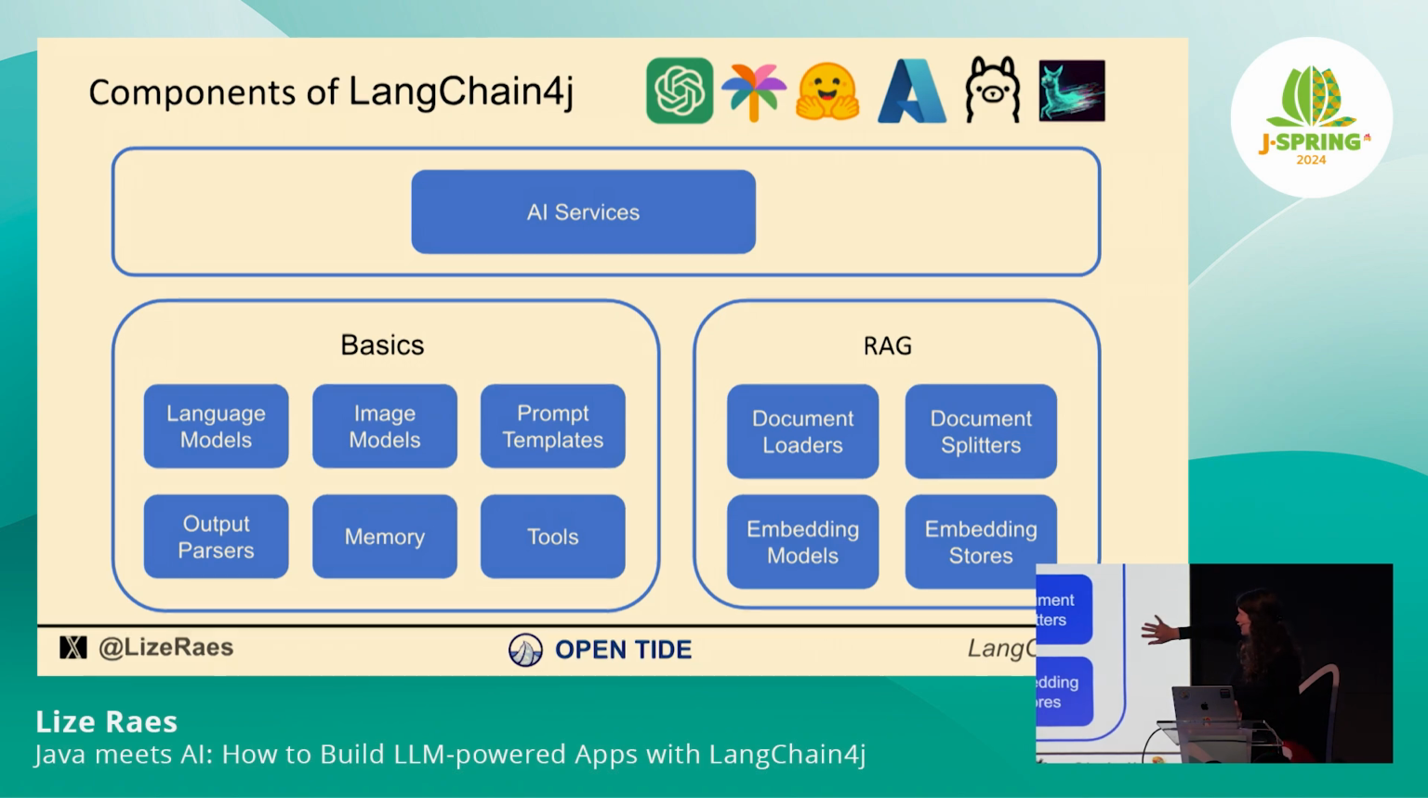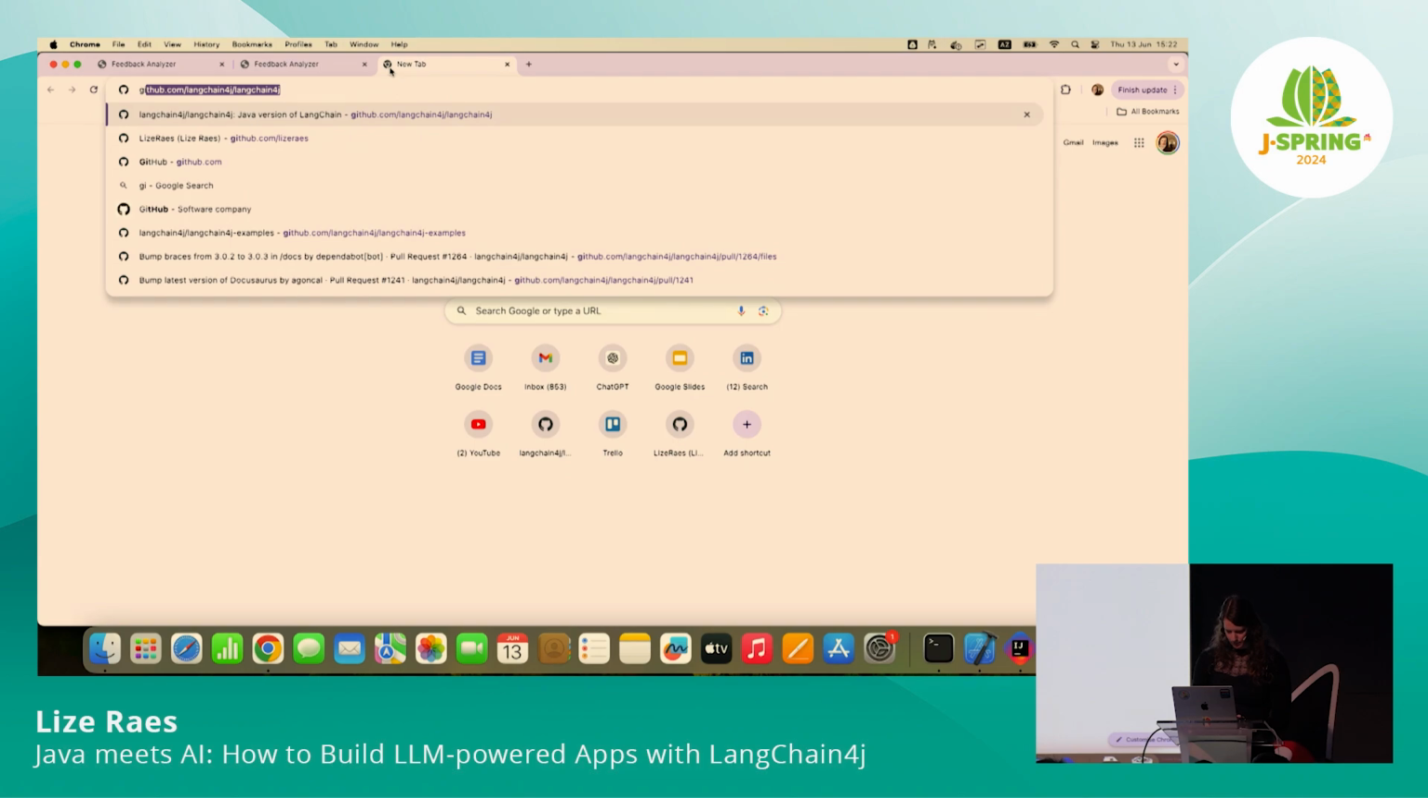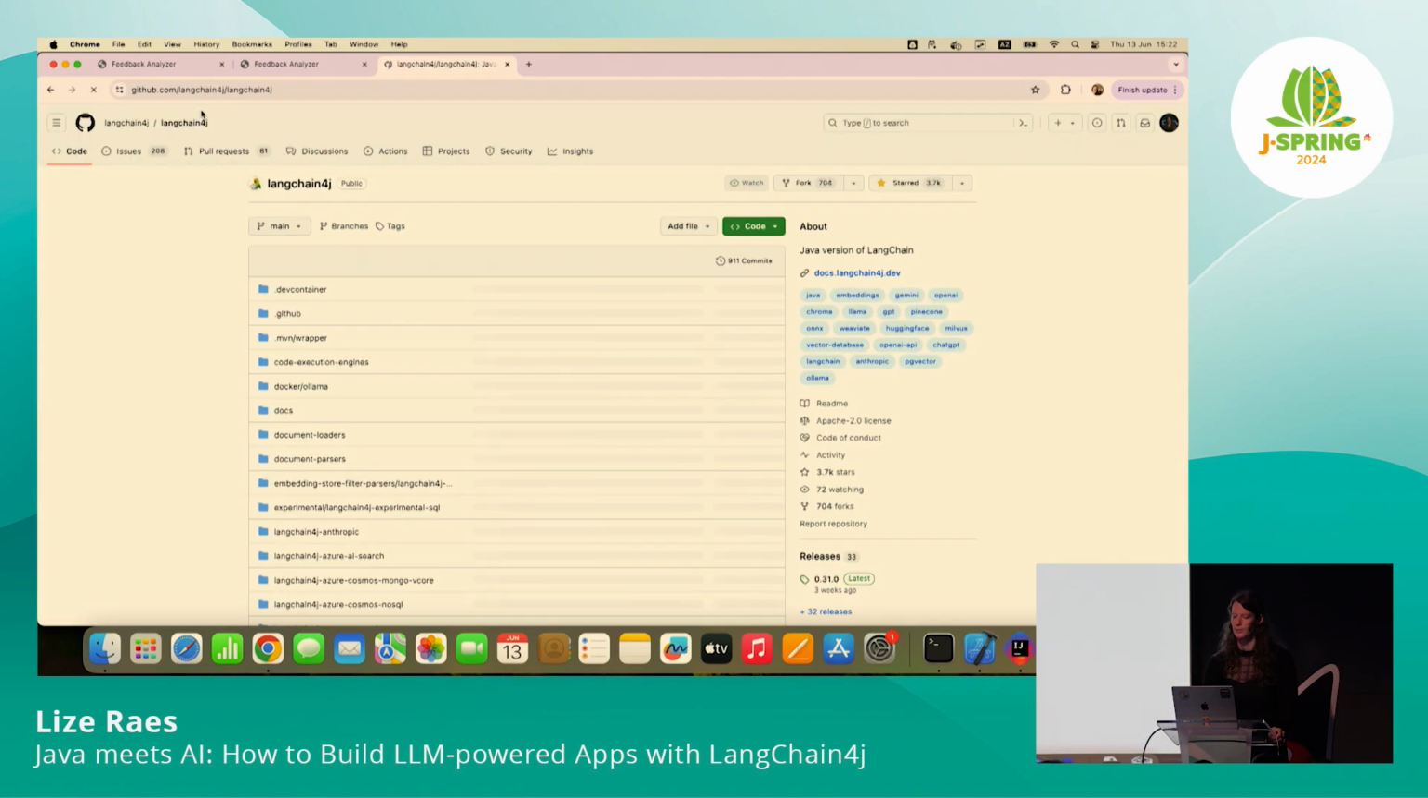You can also see on top there, those are some of the model providers that we have an integration with. So OpenAI, Gemini, HuggingFace, Ollama, there's so many. If you want to know what's currently supported, you can go to our GitHub repository, which is